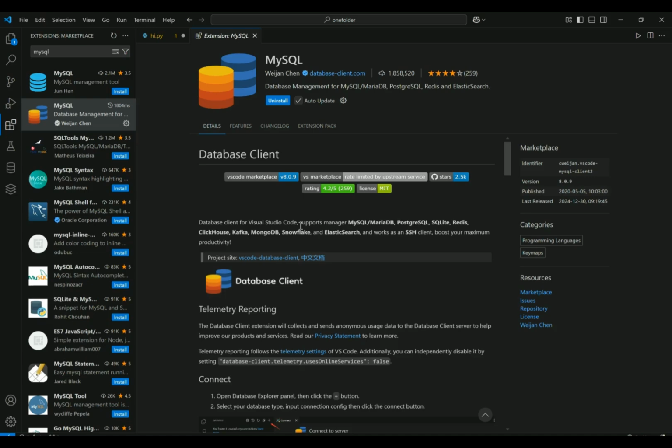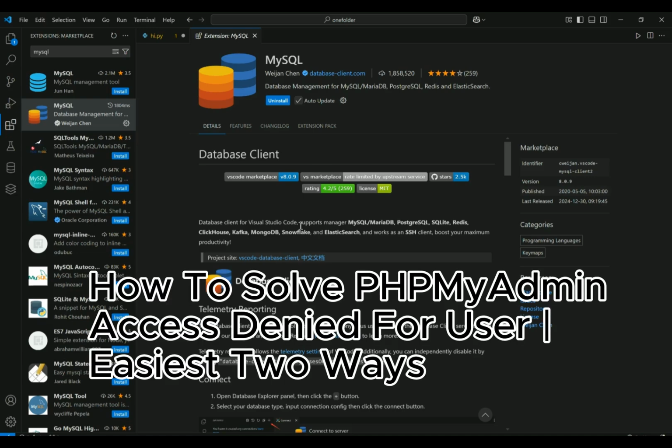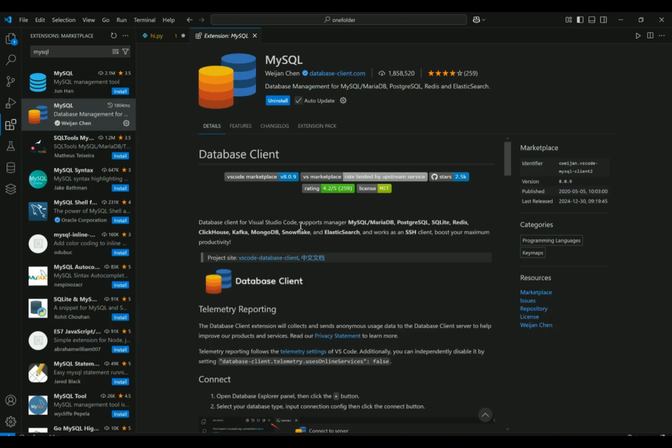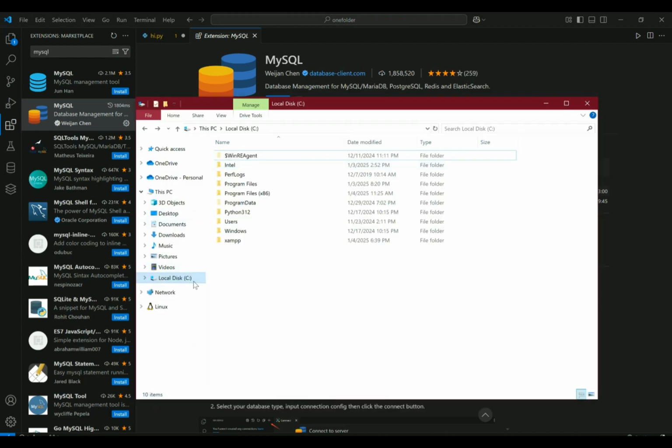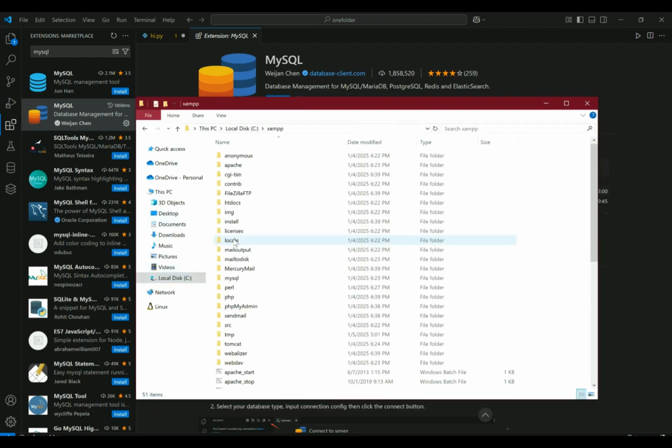In today's video, I'll show you how to fix the PHPMyAdmin access denied error. First of all, you'll need to go to Files. In the local disk, you'll have this one. Click on it, double click. Then we will see